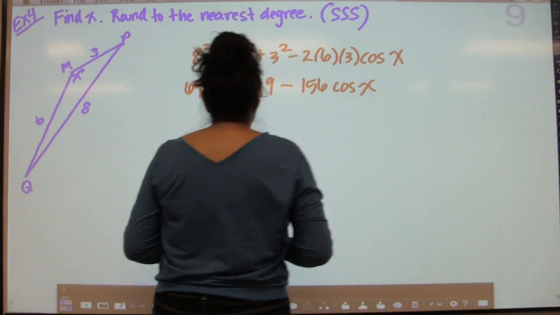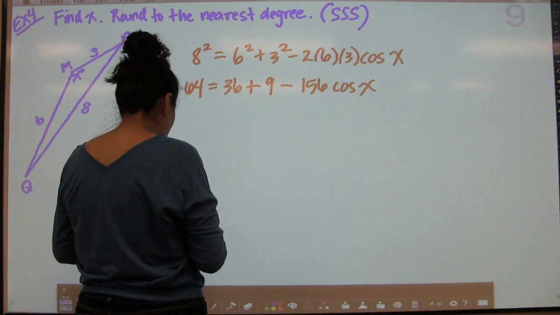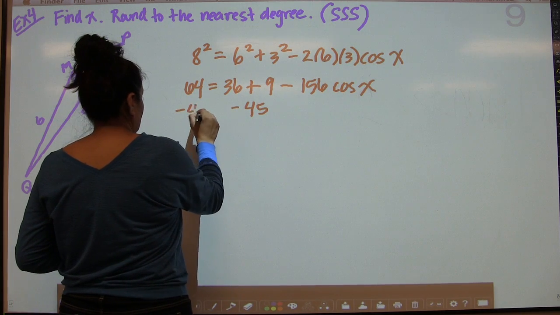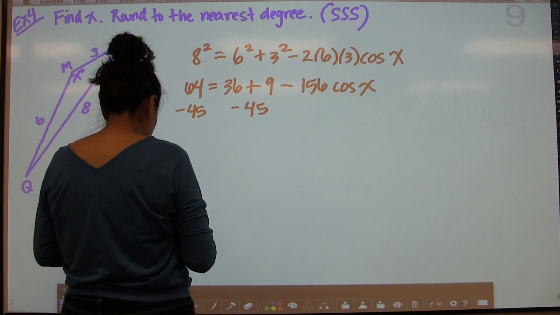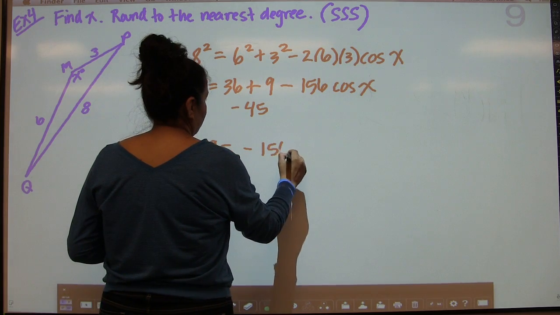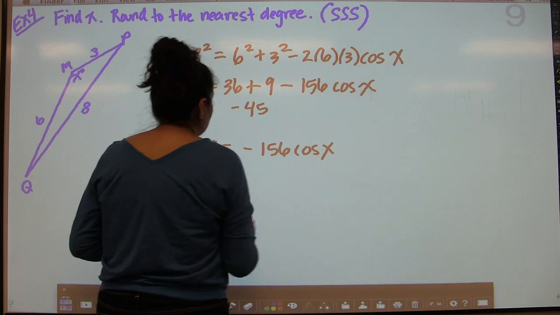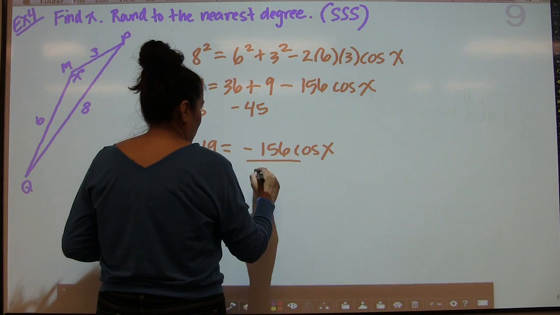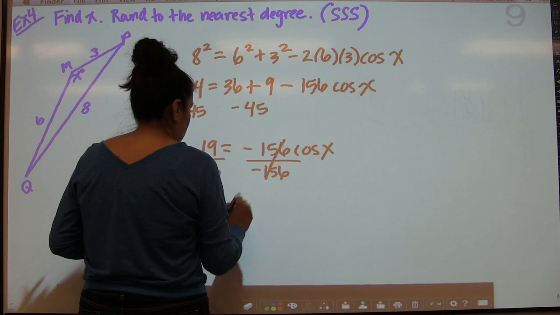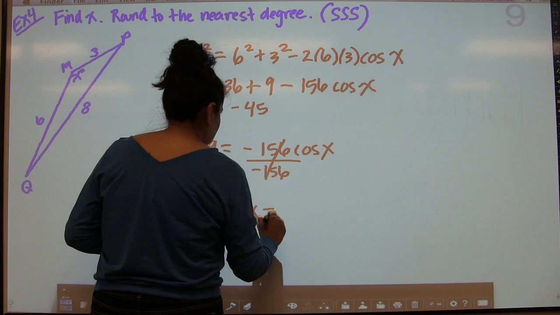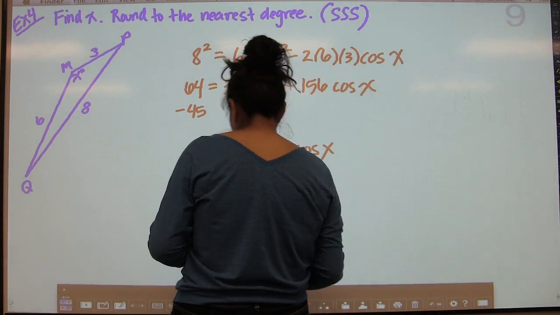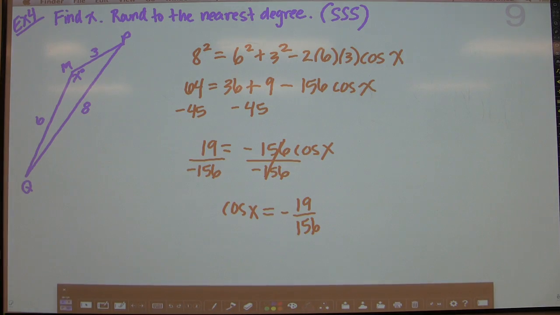cosine x. So now we're going to have 36 and 9 is 45. So we want to subtract 45 from both sides. And 64 minus 45 will give you 19 equals negative 156 cosine x. And then you want to divide by negative 156. So cosine x equals negative 19 over 156. And then